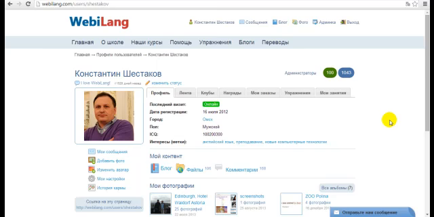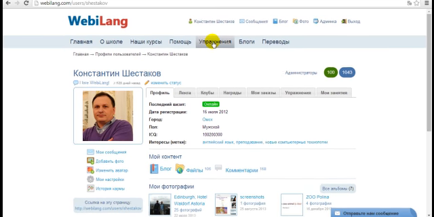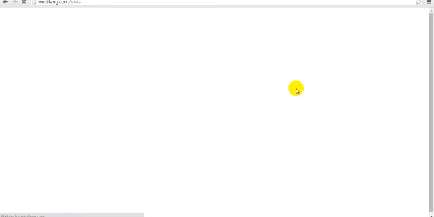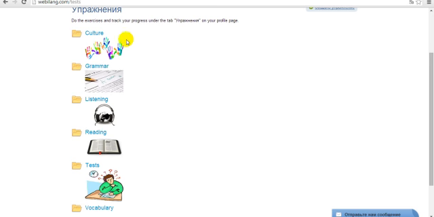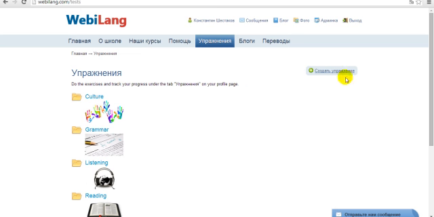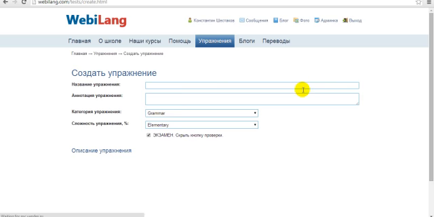If you want to make an exercise for Webilang, you need to log in to the site under your name as a teacher and click on the tab упражнения, exercises in the main menu. Here you will see different folders leading to different types of exercises, and click on создать упражнение, create an exercise,